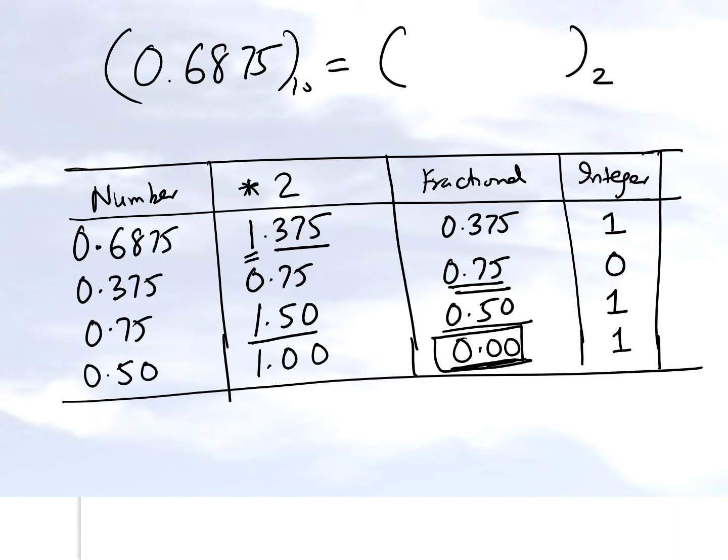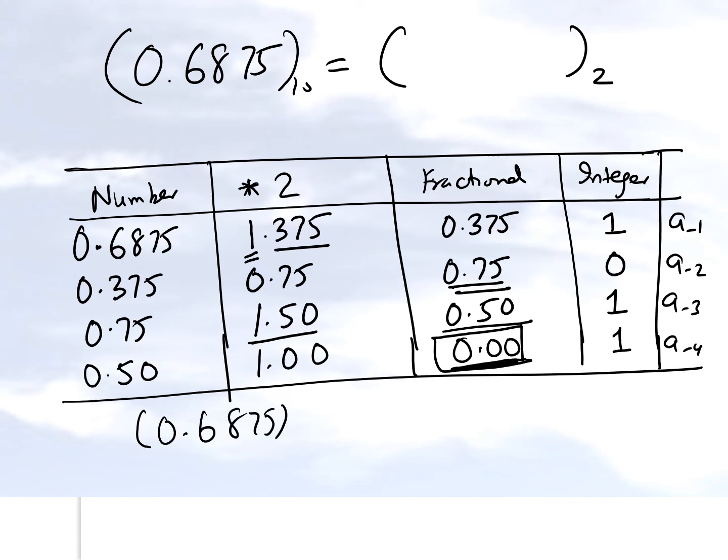However, in many cases, when you have the fractional part, you may never be able to stop. Take, for example, 0.1 base 10 or 0.2 base 10, and try to convert it into base 2. You'll find out that this process will never give you the fractional part to be 0 here, hence it'll be never ending. So how do we write the equivalent number here? Now what you have to think about is that this is a sub minus 1, this is a sub minus 2, this is a sub minus 3, and this is a sub minus 4.